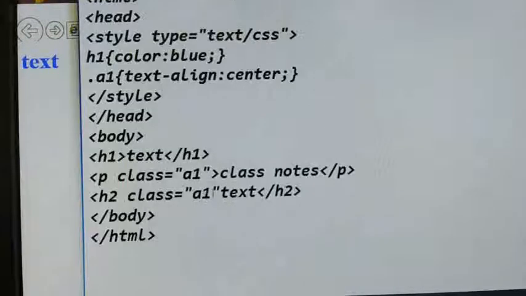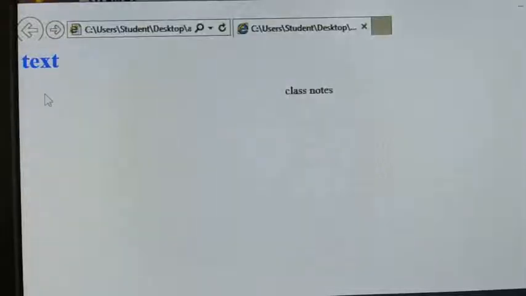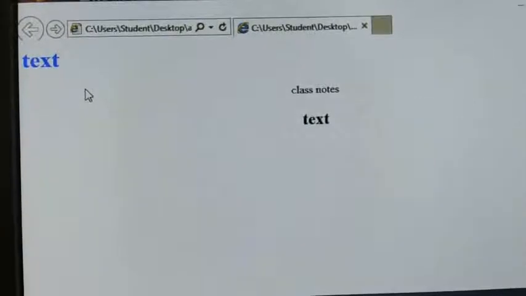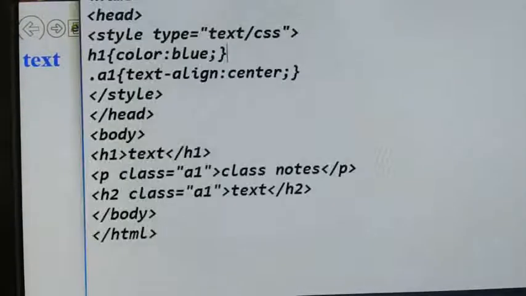So it is not displaying. What happened? This I have not closed, right? Close it. Save it. Come to the browser window, refresh this. See, that is also displaying in a, meaning right alignment. Means if you have created a class selector, that is not for any particular tag. That property, that style, that selector you can use for any element. This is a class. Now come to the ID selector.